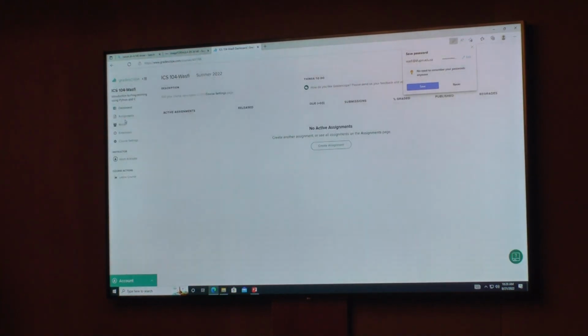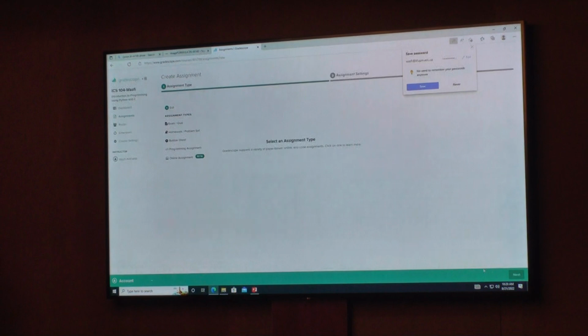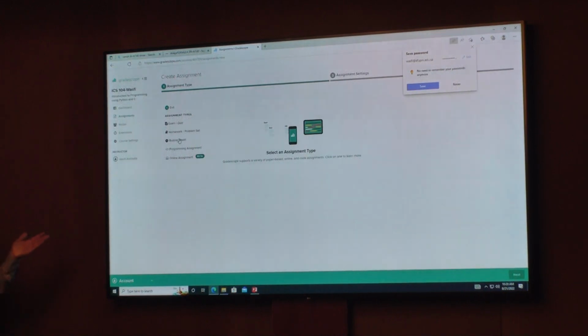ICS 104 WASFI. Now, how do I create an assignment? I will go here to assignments. Of course, quiz 4 is here, but let me say create assignment. Now, as you can see here: exam or quiz, homework or problem set, bubble sheet. For bubble sheet, I haven't used it, but since we do have ICTC and they do a great job, I don't think I need to worry about it. Usually I use homework for the assignments, the free template submissions by the students, and I use the exam or quiz option